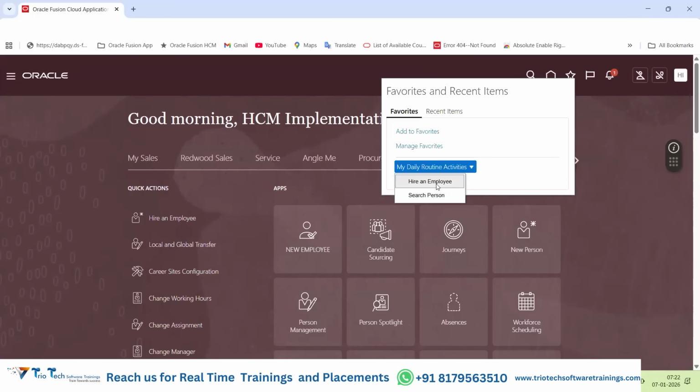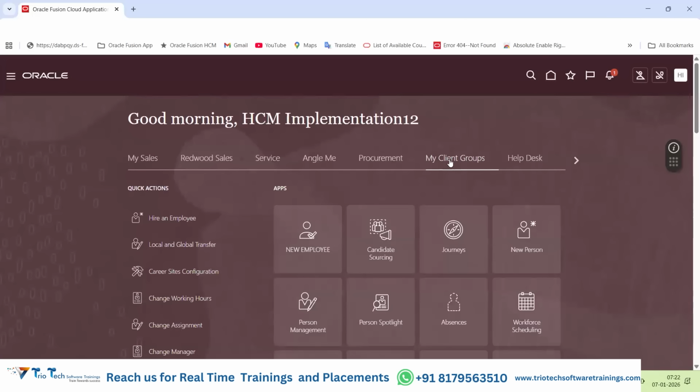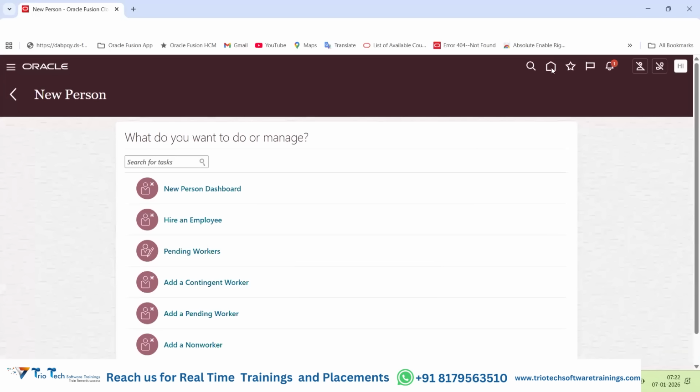One click, directly I will go to hire an employee screen. Rather than coming to the system, going to my client group, going to new person, and then clicking on hire an employee,